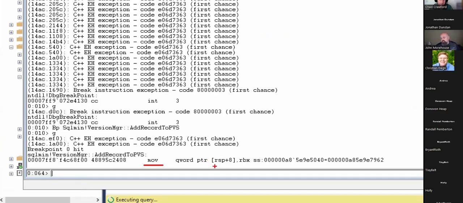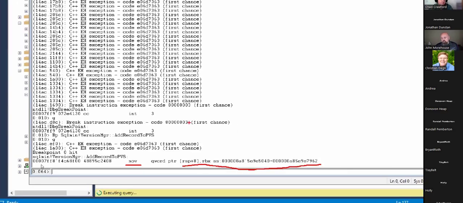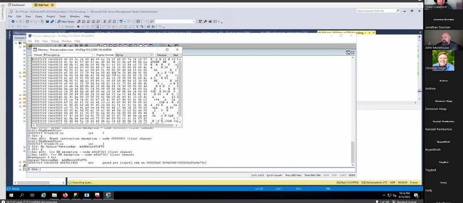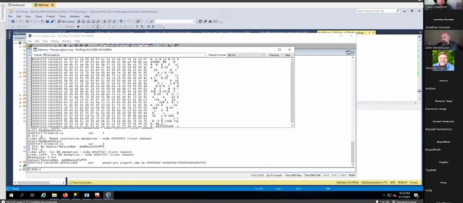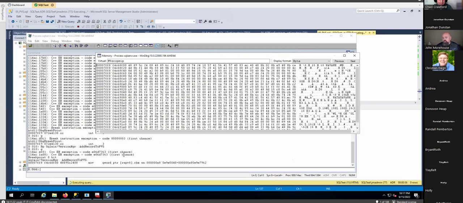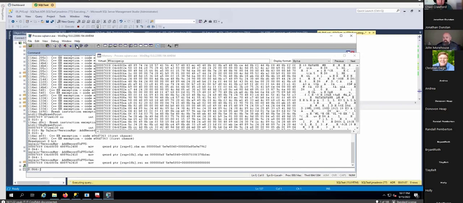I have yet to figure out what the correlations of all this information are, but we can start to look at the various memory registers and see data moving around. So if you're really bored at night, you're welcome to go through the memory registers and start looking through them to figure out where this data is moving. I haven't gotten that far yet. I just thought it was cool that we can see where SQL Server calls that method, and then we can step into it